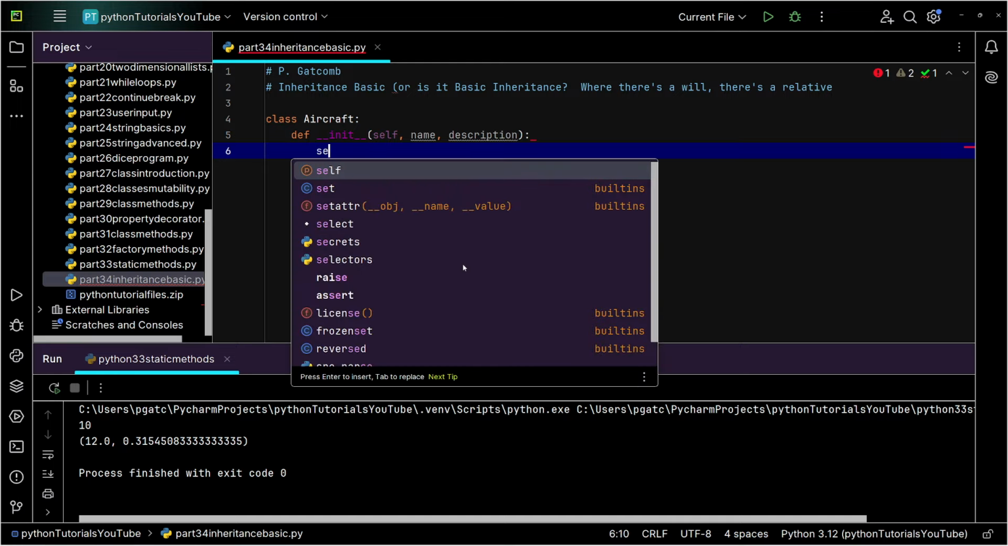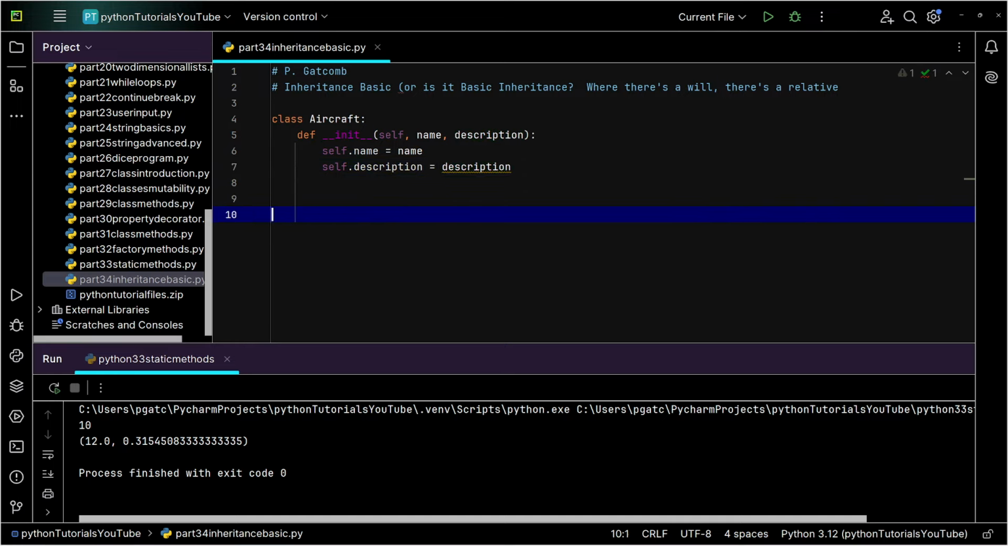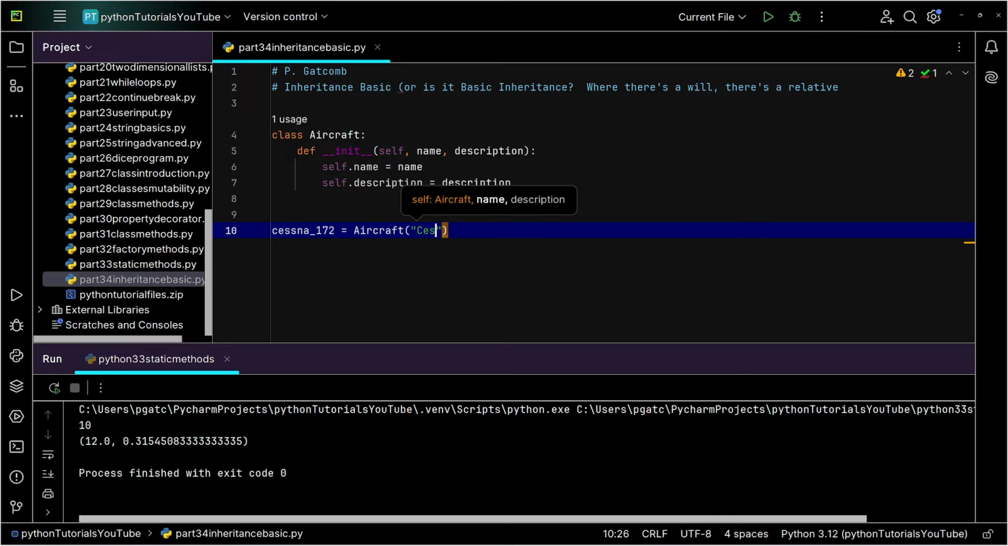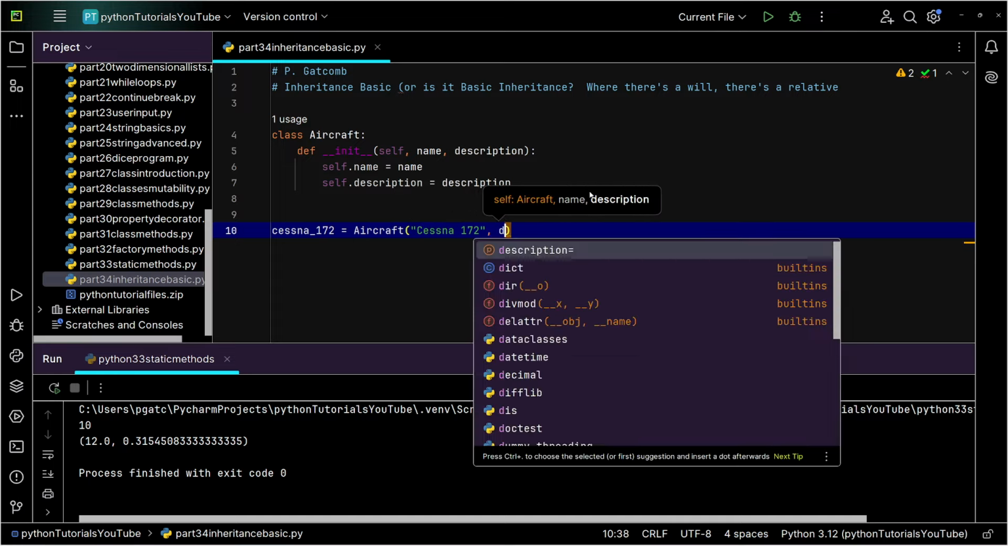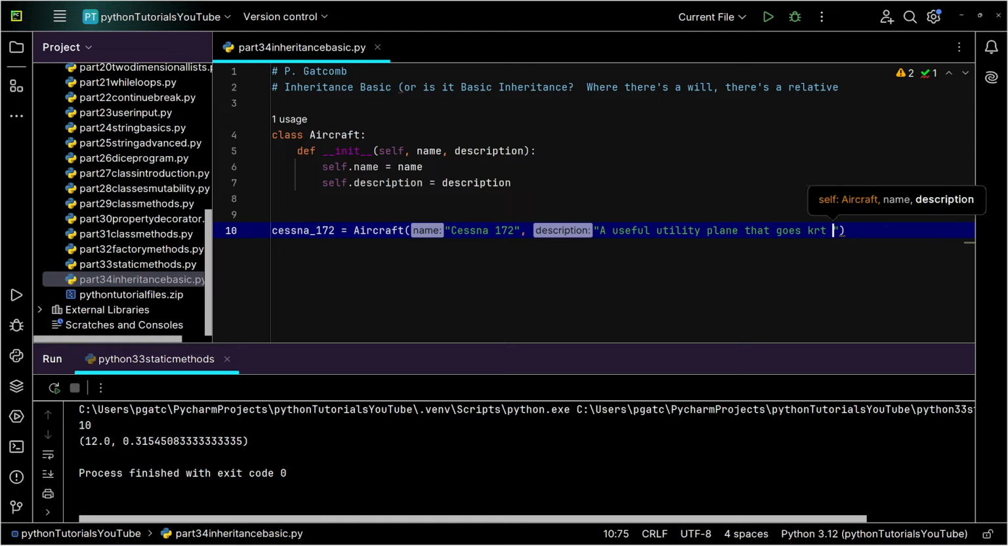Let's keep it simple. I'll do self.name equals name, self.description equals description. Keep it nice and easy. So that's a pretty basic airplane class. If we want to utilize it, we can come down here and create a Cessna 172 variable: Cessna 172 equals Aircraft, with the name Cessna 172 and the description, a useful utility plane that goes skirt